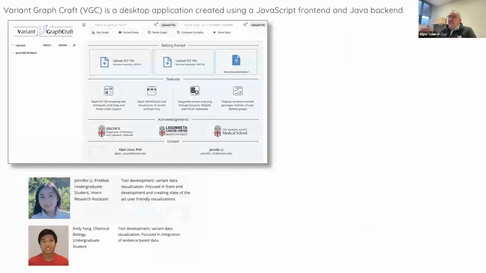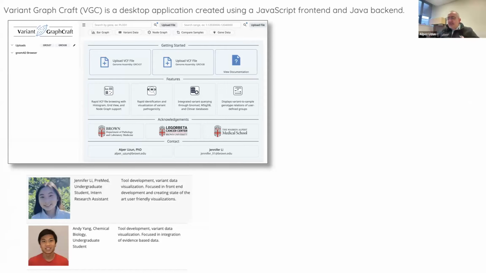So we came up with this tool. We call this Variant Graph Craft. The very first idea is that we are dealing with this complex text data set, and since I heavily work with pathologists, oncologists, and molecular biologists, they don't want to spend time on these huge complex text files.